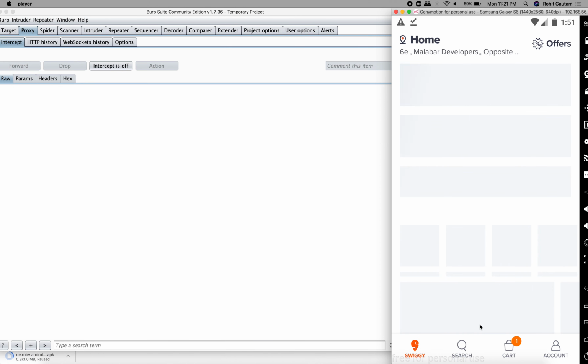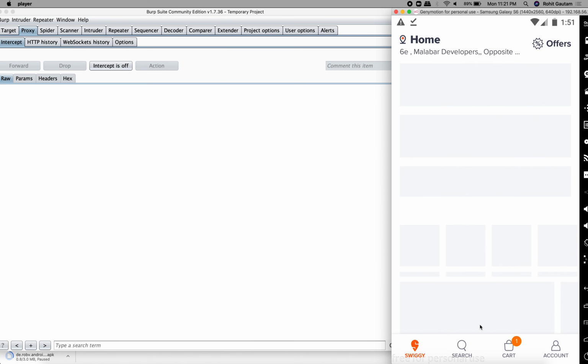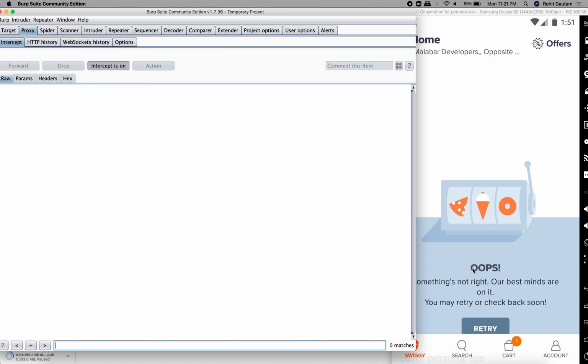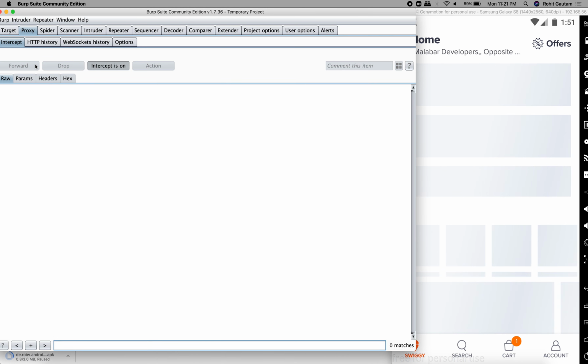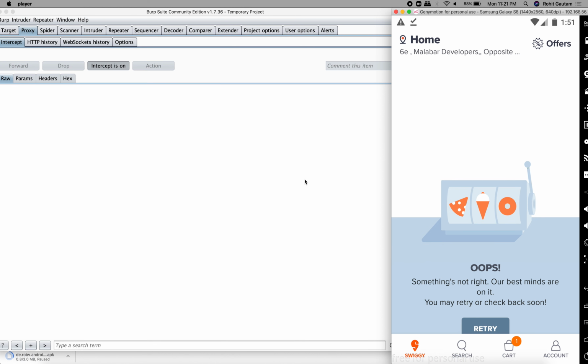If I click retry as many times as I want, I will not be able to configure this application with my Burp Suite. Even though I have intercept on, I will not be able to capture this. See, I'm still getting errors. Why? Because this application is successfully doing SSL pinning checks and I'm not able to bypass it. Obviously, I have not done anything yet. I have just installed the required tools.